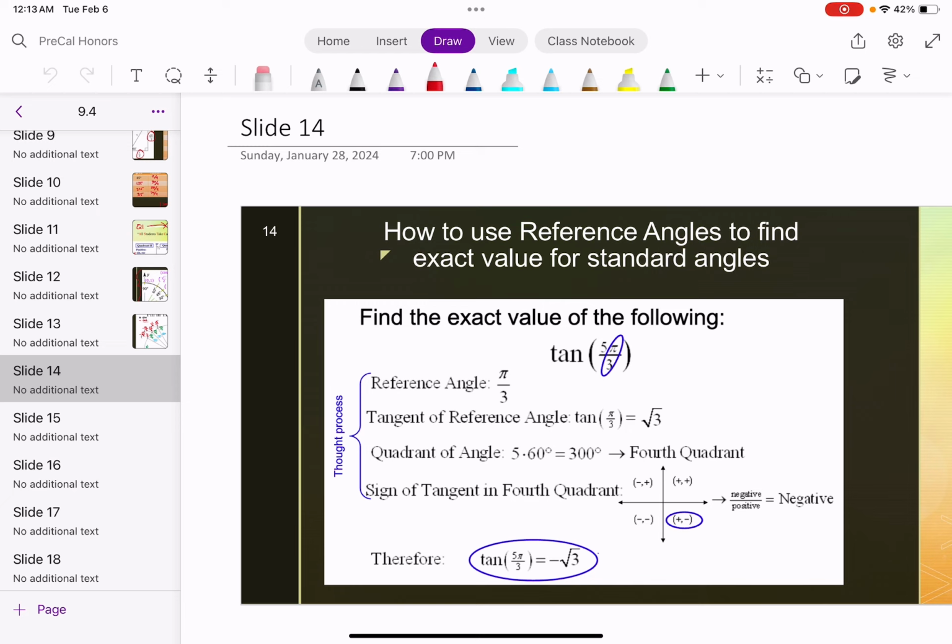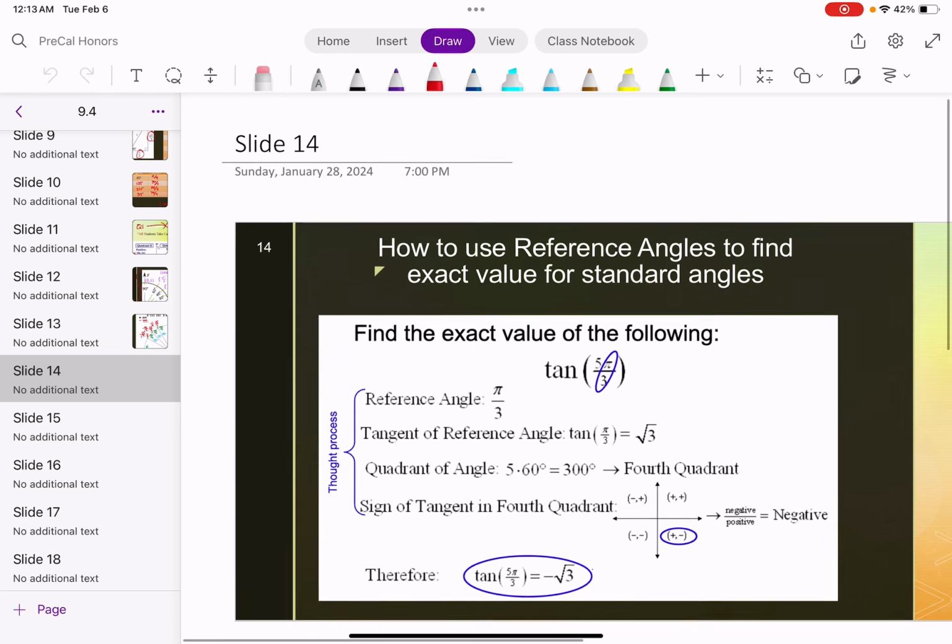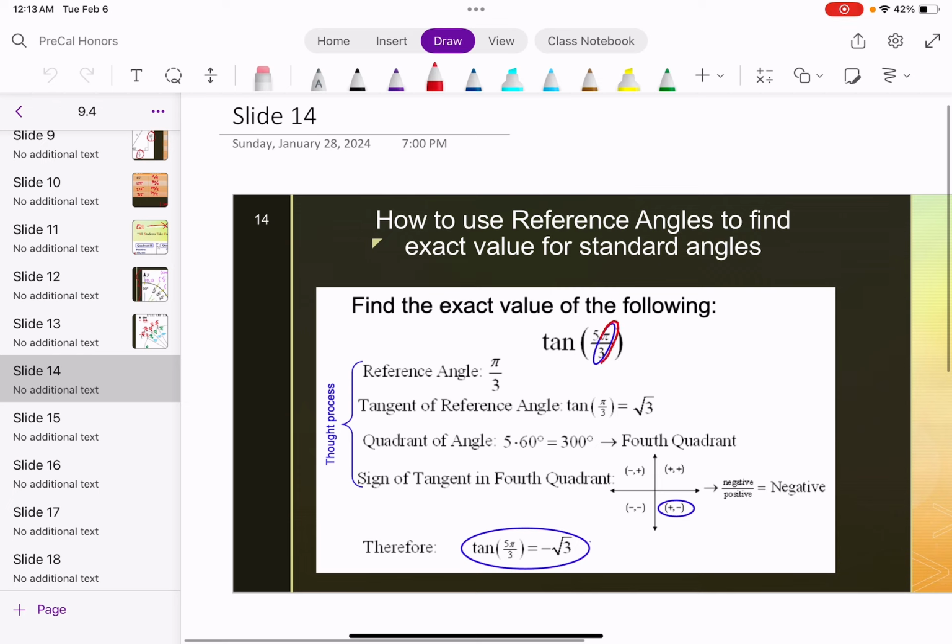First thing that we're going to do is take a look at our reference angle. Our reference angle is going to be the portion that is to the right of the 5. So in this case, this is going to give us a negative tan of pi over 3,